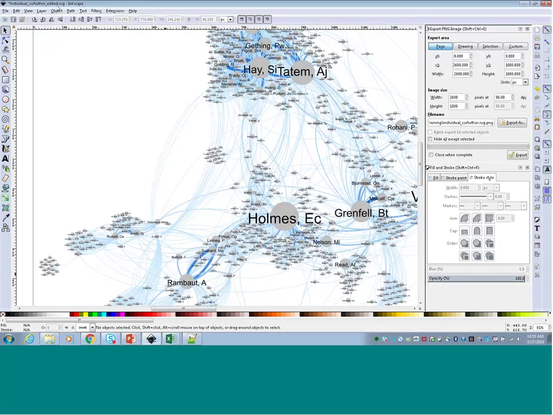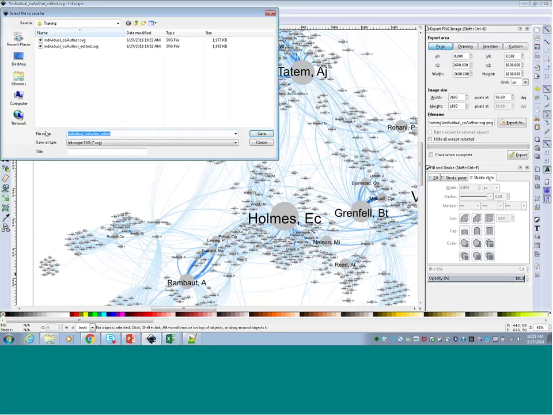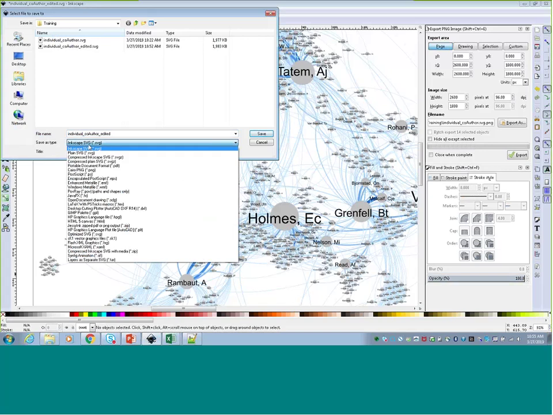As I mentioned, you can change other types of file formats. So if you go up to File and then Save As, you can save it as a variety of other vector graphic file formats. If you wanted to save this directly to a PDF document, for instance, you could save it directly to a PDF and then have it in that PDF vector graphic format that you could zoom into for whatever purposes you wanted to.